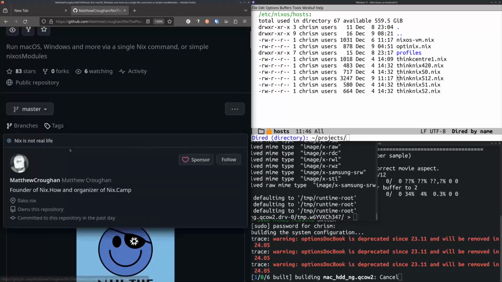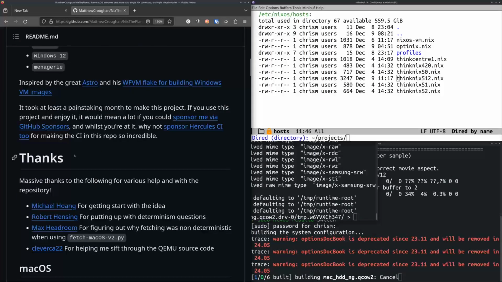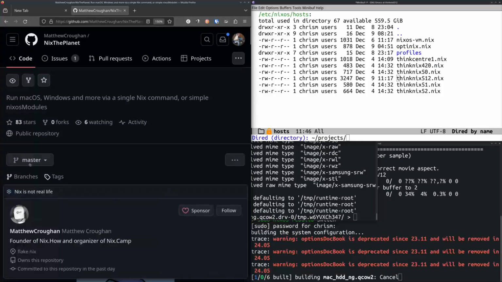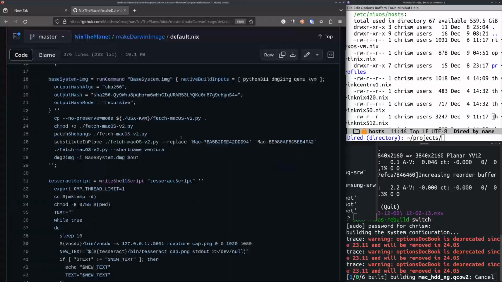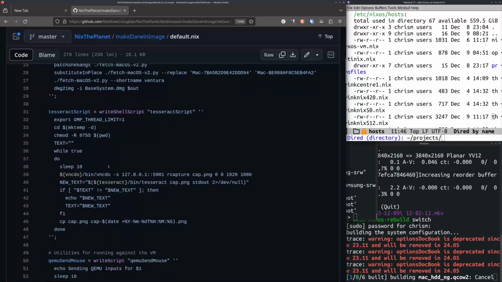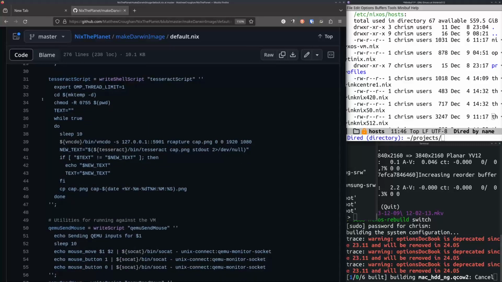Okay. Let's see here. I gotta make this bigger. So first it gets something to fetch the ISO image, and it does some stuff to it. Then